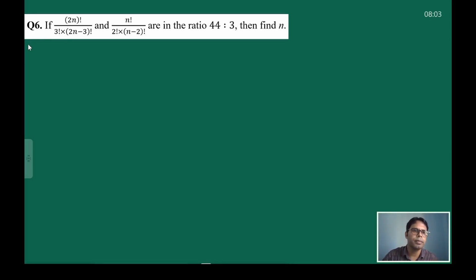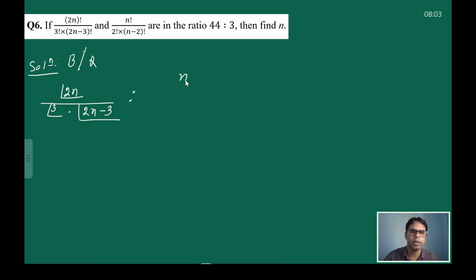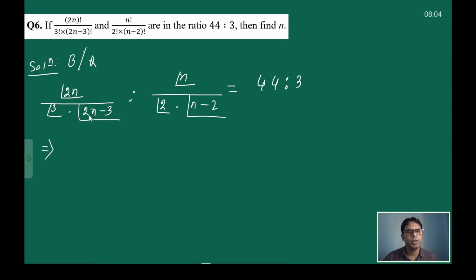So let me take the solution as per the question, by question answer. This is (2n)! divided by 3! into (2n-3)! is to, the second to (n)! divided by 2! into (n-2)! equals to, it is said that the ratio should be 44:3. So implies, of these two, the smaller one is factorial 2n minus 3, so first from the numerator